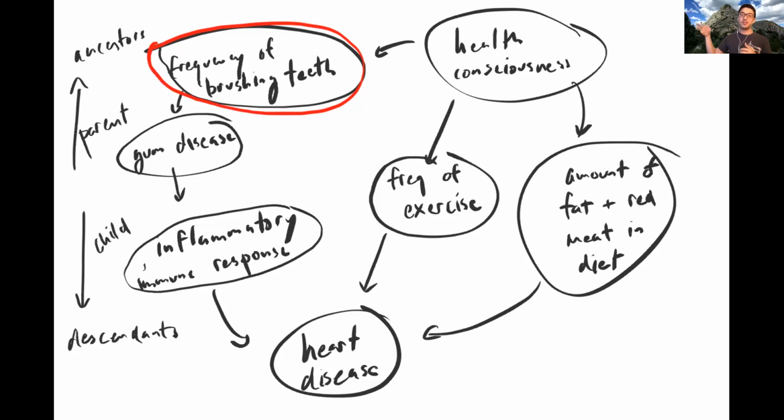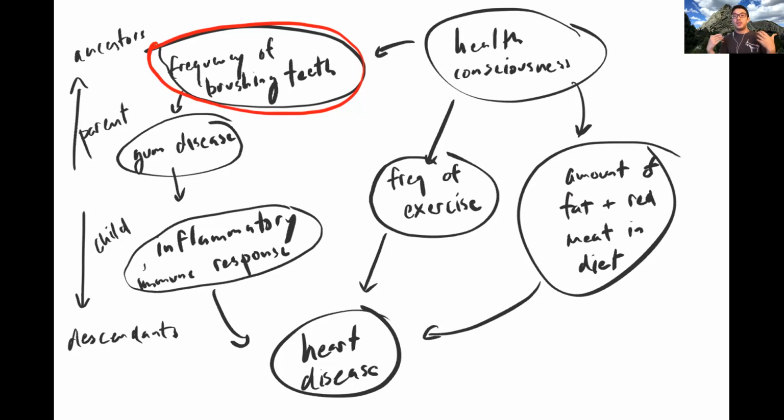And then you see a whole bunch of individuals where the dentist didn't say anything. So if you measure the difference in how frequently the person brushes their teeth, and you can observe some effect of the dentist suggesting that they brush their teeth, if you go all the way down to the outcomes about heart disease, if you've got a big enough sample of the population,